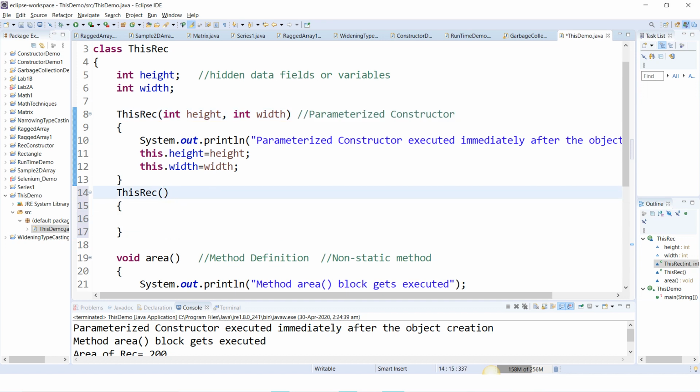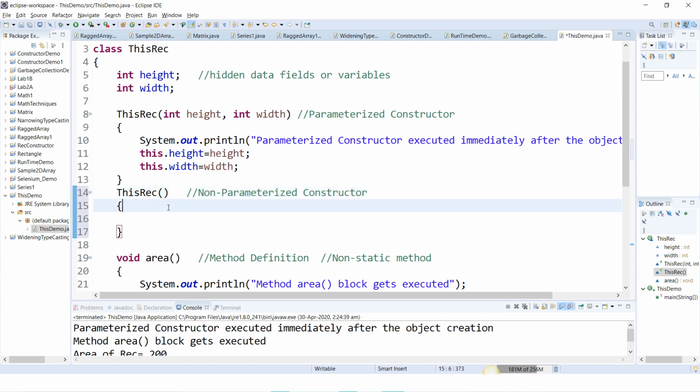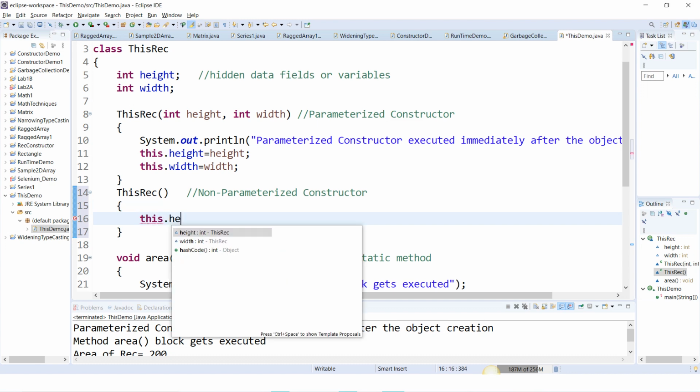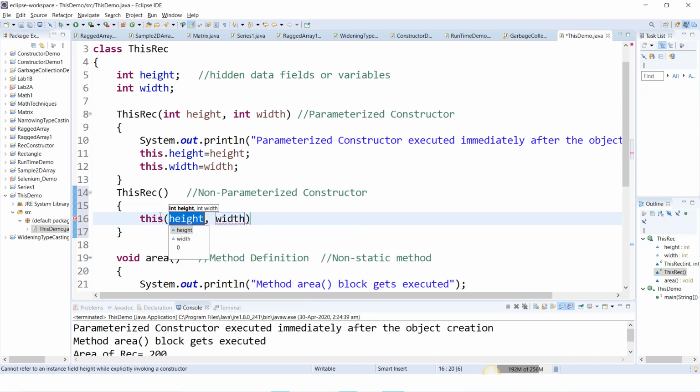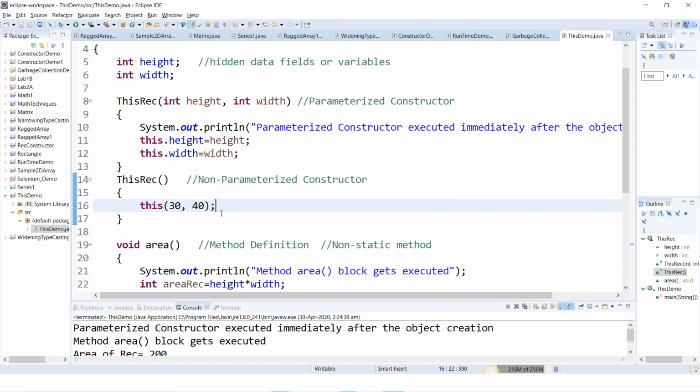Inside this non-parameterized constructor I will use this in parentheses, and write 30 comma 40, because the 10 and 20 values are already used. Semicolon. This is another way of assigning values to the variables.